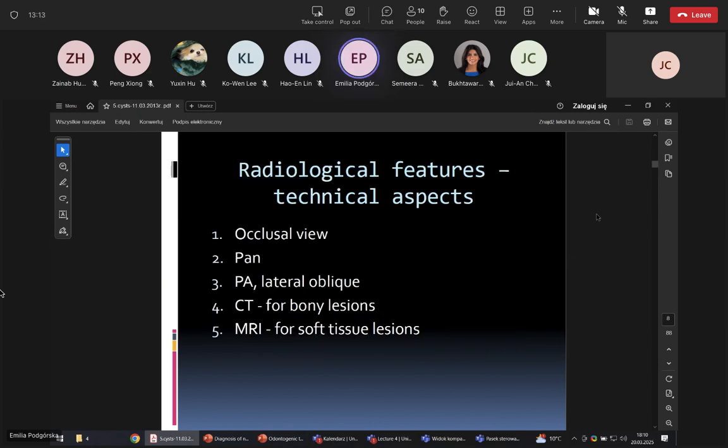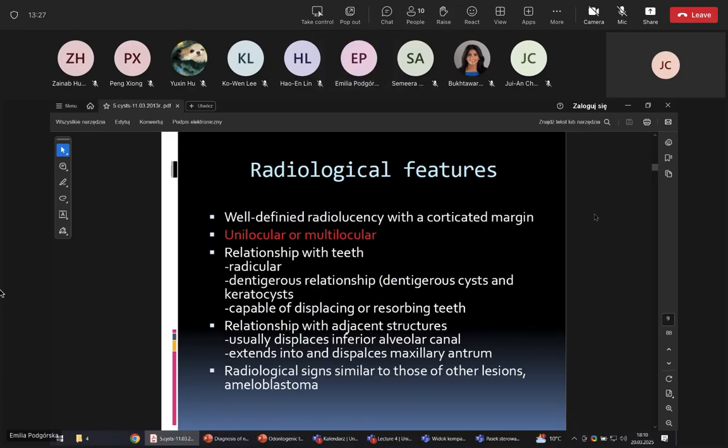Radiological features and technical aspects. Occlusal view, OPG, PA, lateral oblique, CT for bony lesions, or MRI for soft tissue lesions. Radiological features: a well-defined radiolucency with a corticated margin. Unilocular or multilocular. Relation with teeth: